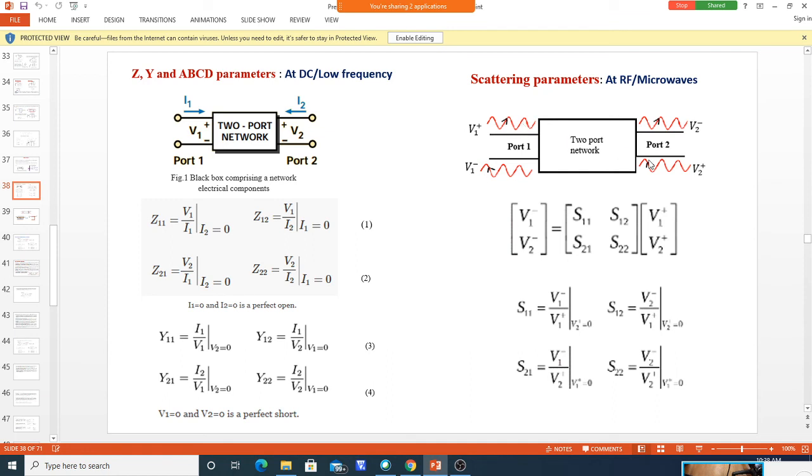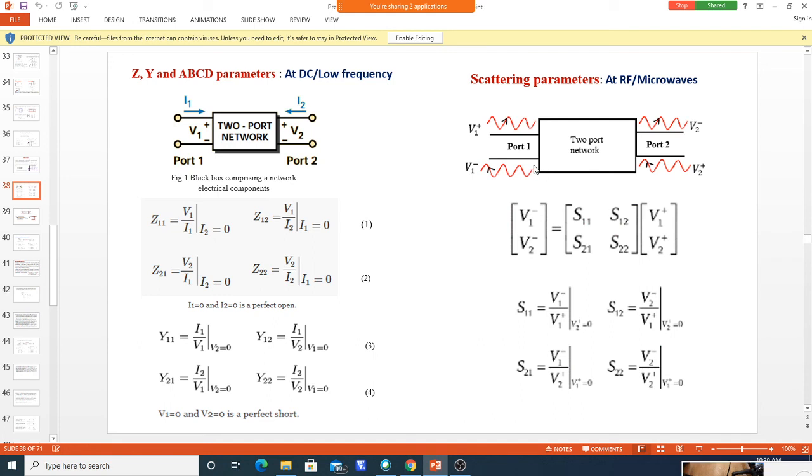There is no voltmeter and ammeter, as I said. There is an instrument called a network analyzer, a vector network analyzer. Using that, we can get the ratio of the incident waves and the outgoing waves: how much is going back, how much has entered, what is the amplitude of the input signal and what is its phase. Similarly, how much is going back. We can get that ratio easily from the network analyzer.